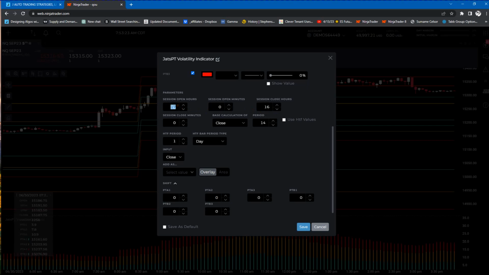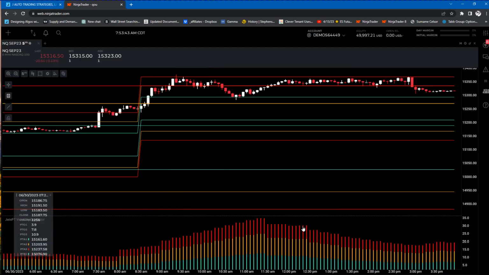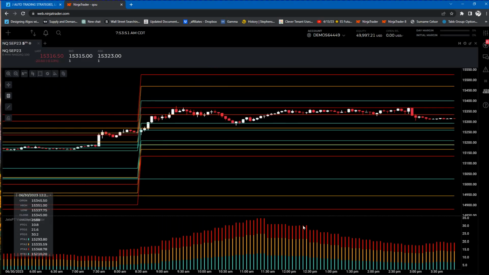So if you wanted to run it from 8 in the morning, 8:30, say for equity indexes, and run it through 1500 for the close, you could use that and calculate and say okay, and that would put an RTH distribution on the chart. So we'll let that populate. There it is. So now you have the RTH session distribution,